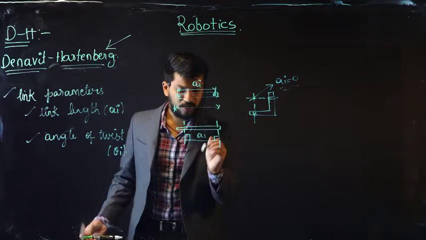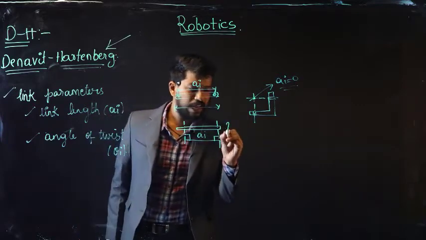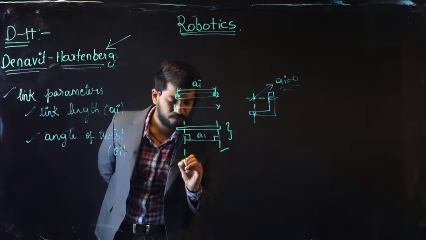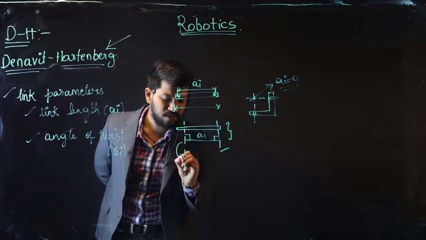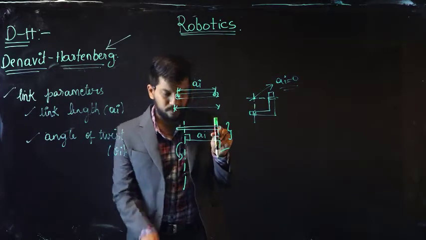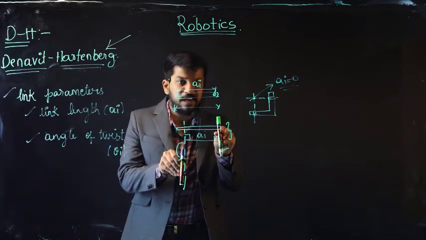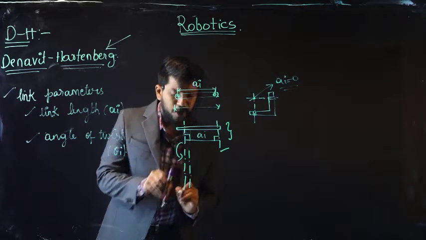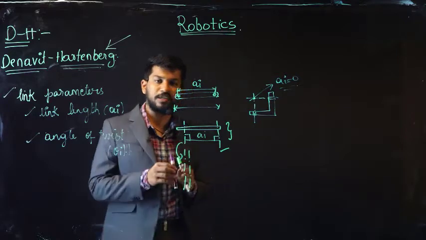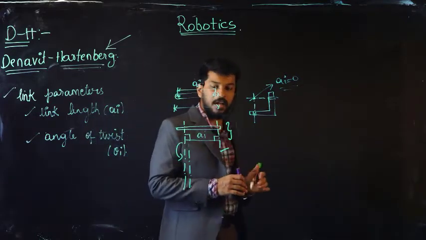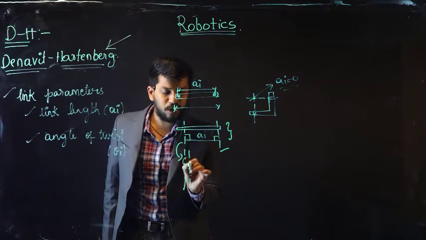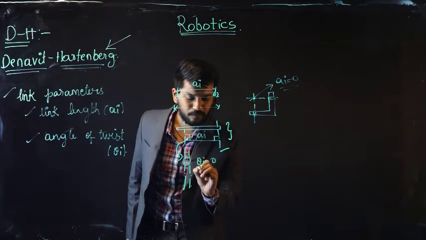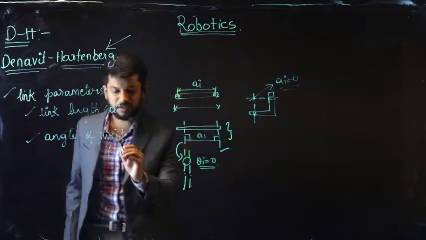That's what we will be doing here too. For calculating the angle, simply translate this axis to somewhere here. So this is my axis and I am translating it to here. If you observe clearly, there is no inclination. Both these axes are completely parallel. So what will be the angle between these two lines? As both lines are parallel, obviously the angle will be 0. Sorry, this will be my alpha_i.